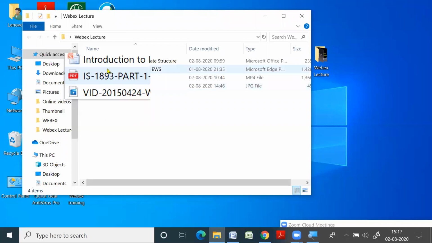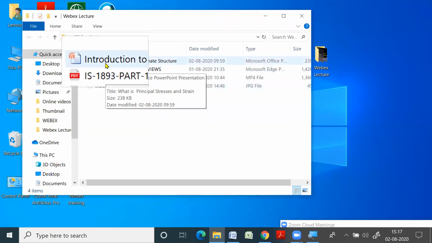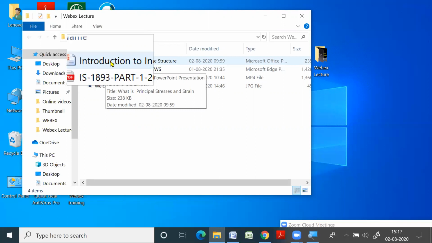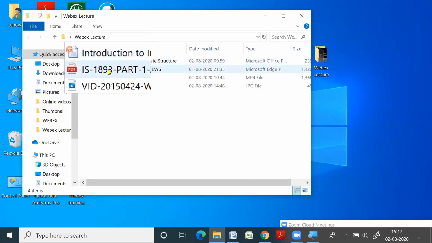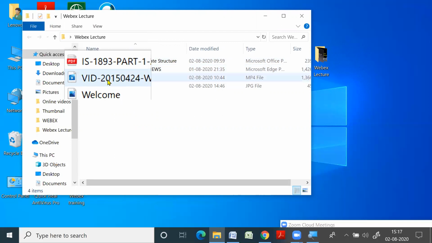Now this is my PowerPoint presentation file from which I want to teach my student. This is another file which may be required during my presentation, say for referring some values, or it can be an IS code which we have to refer while explanation. And also I want to show one video.